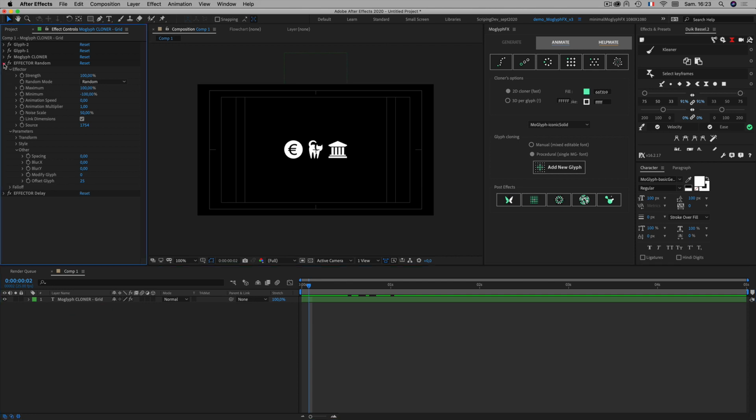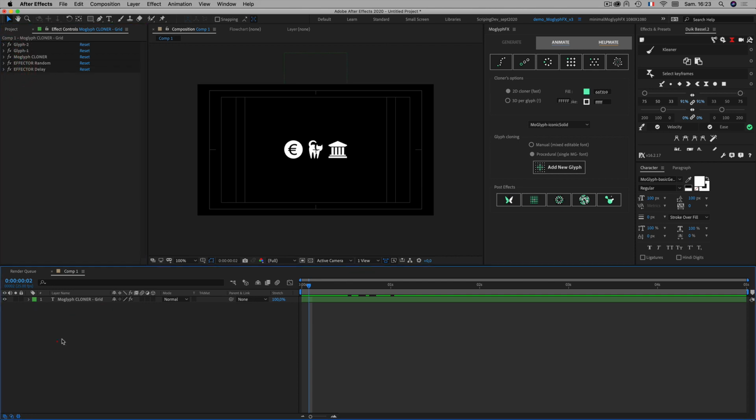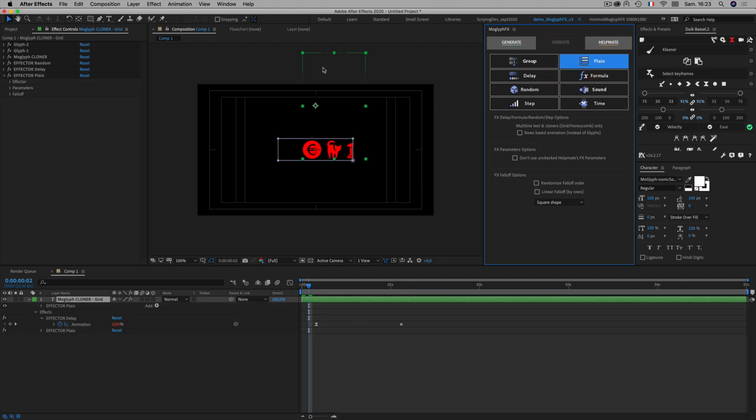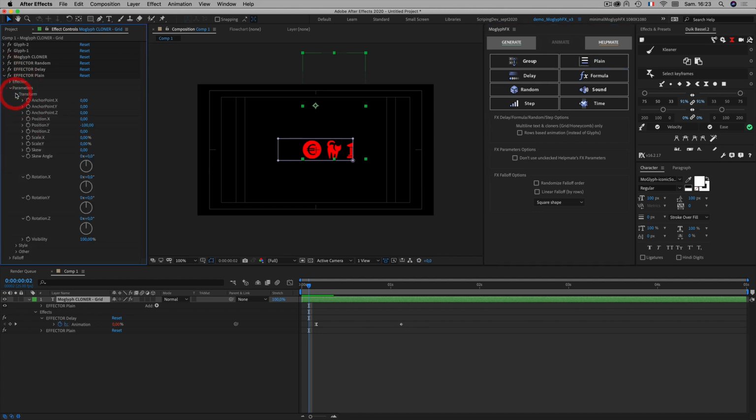So I will twirl up all these effects. I will select my layer again, go to animate. I don't want anymore to have this option checked on, and I will then click on this plane effector this time. And yeah, click on this. You should see all your clones be pushed towards one side or the other and be colorized in red, but this is not what we want, of course. So I will twirl down the parameters, transform, and I will zero out the position Y,